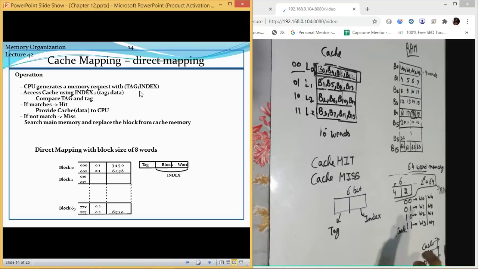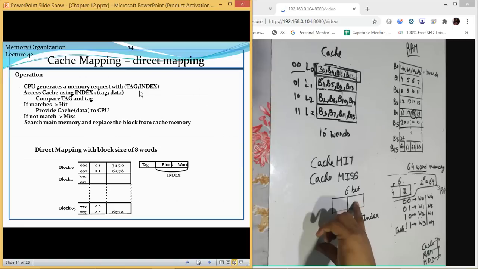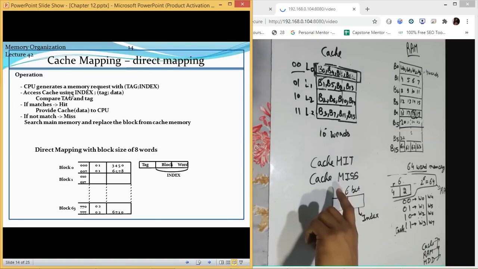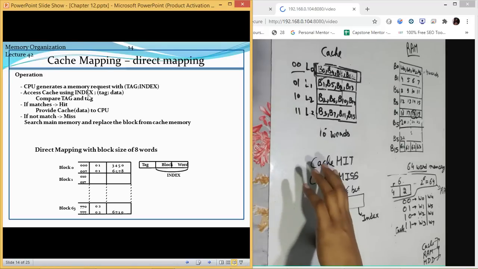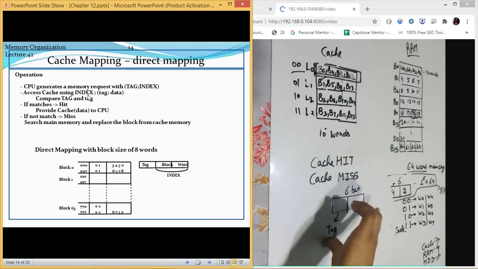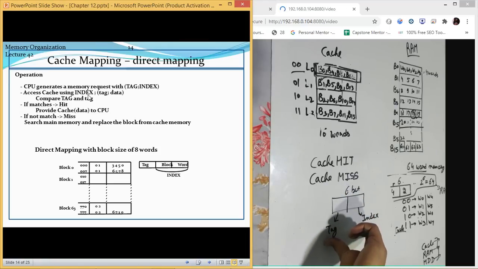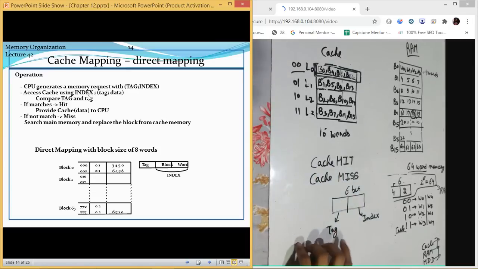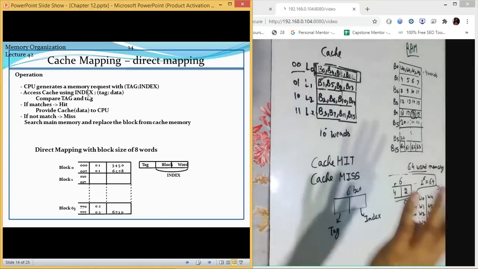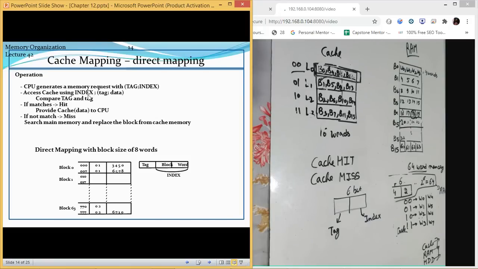Now a tag is generated. That tag will be used to access the value. After that, access the cache using the index. If it is able to find it inside the cache, it will use the value of tag and data, accessed by using the index as well. Compare the tag. If the tags are the same, if the comparison of tag is the same, we will call it a cache hit. If it is able to find it, then it is fine. If it is not able to find it, it will be a cache miss.